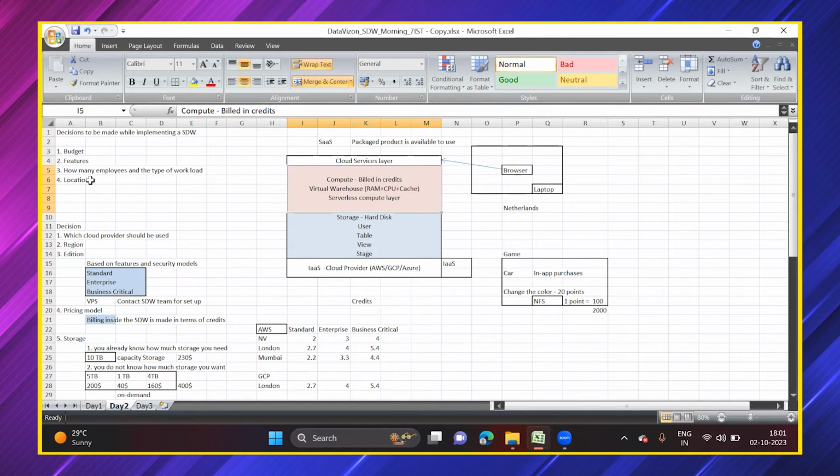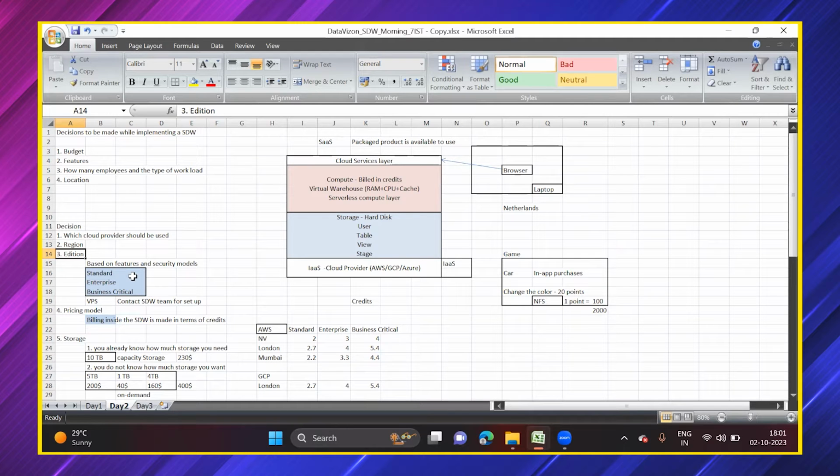We had seen how different factors, such as the location of the client and the size of the database or data warehouse which you want to migrate, depend on many factors, right? They drive whatever different scenarios we have. So here you can see that we have to decide which cloud provider you want based on the features, decide on the region you want, and also decide on the edition of this